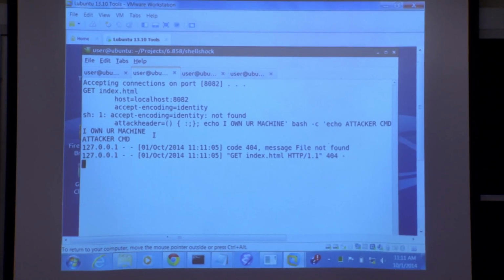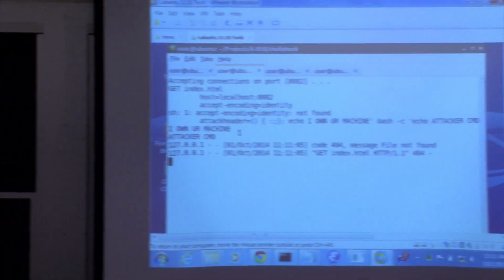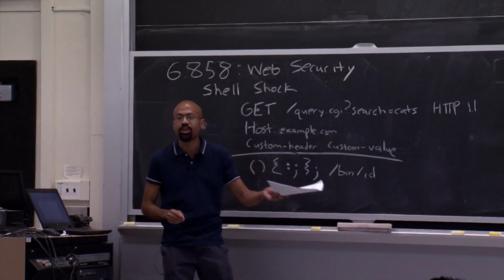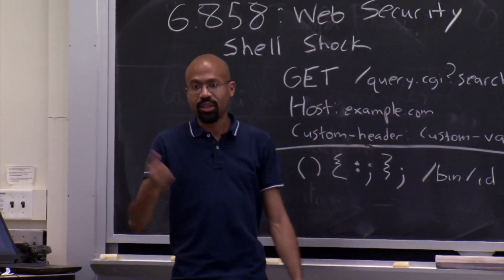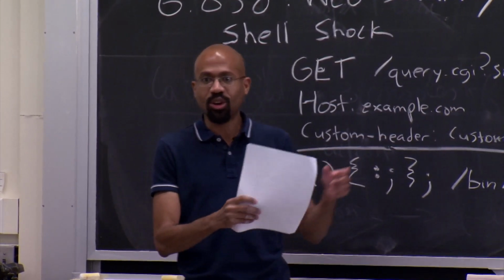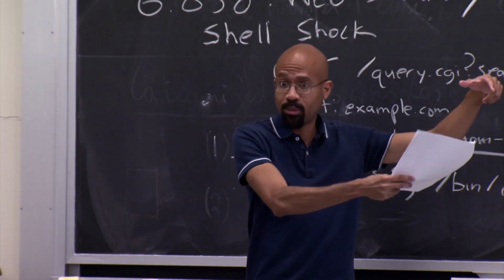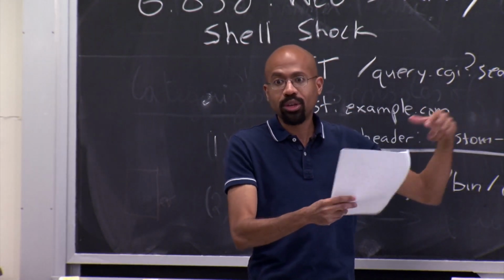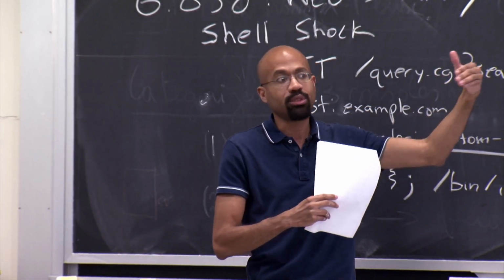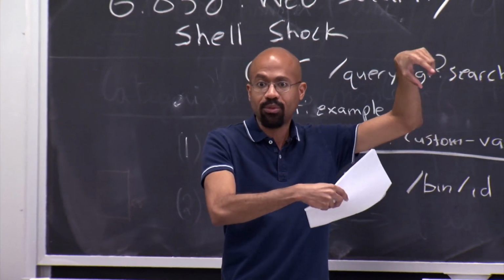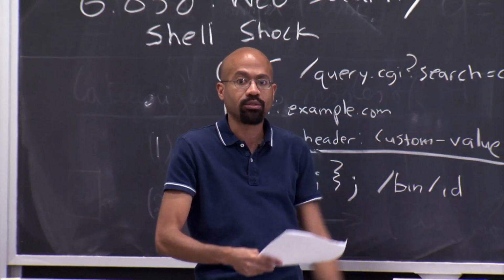So does this happen if the program is running under Dash, or do you have to invoke bash? I'm still unclear on that. Yeah, so the specifics of how the attack works depend on whether you're running Apache, or what exactly your web server looks like. In this example, it's a little bit contrived because I actually called os.system that explicitly spawned off another bash shell, set the environment variable in there, and then we were ready to go. But you can imagine that if you were spawning off a different process for each incoming connection, you could set the environment variable for that directly if that process was living inside of a bash environment.